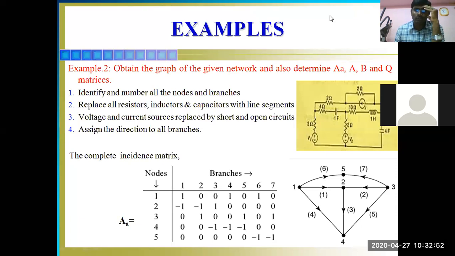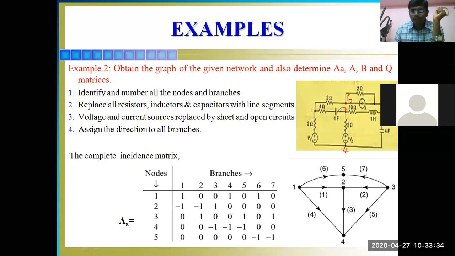One minute, if you don't mind, I will take one minute. Okay, so say it is 1 and it is 2 and it is 3 and it is 4 and it is 5. Okay, so between 1 and 4, 2 ohm in series with a voltage source, where the voltage source should be short circuited. So therefore, there is a line between 1 and 4.